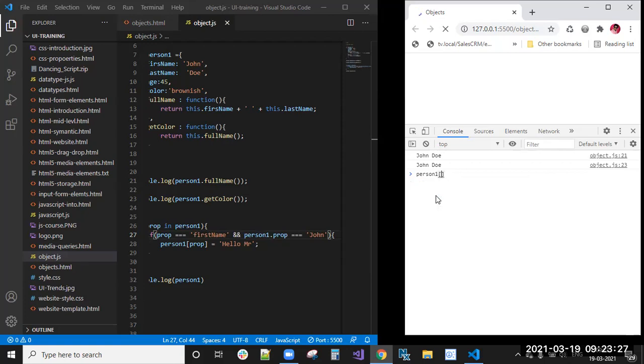We can't use that here. Prop only we can use.